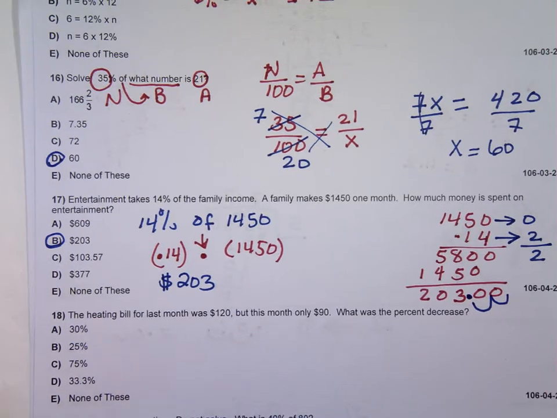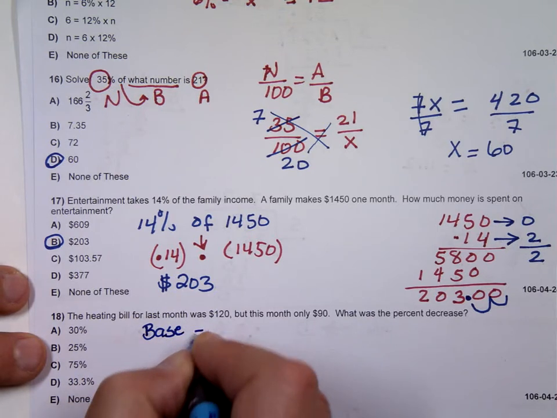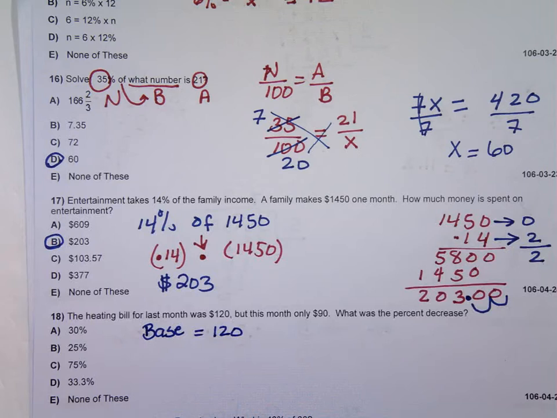The heating bill for last month was $120. This month is $90. What's the percent decrease? So last month was your base. Your base was $120. For some reason, maybe you were on vacation or we had nice warm weather. This month wasn't as bad as last month. You only paid $90. So the amount of decrease